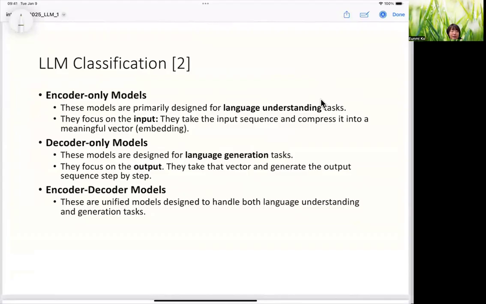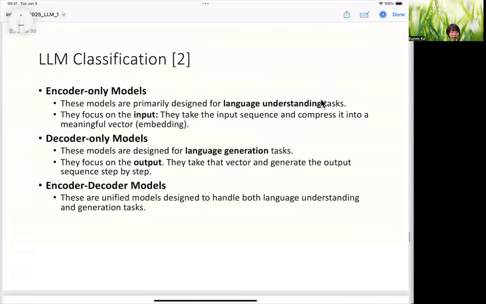The second kind of classification is more technical: encoder-only models, decoder-only models, and encoder-decoder models. I just wanted to share this idea because I want you to understand the differences between chat models. Encoder-only models are primarily designed for language understanding tasks. They focus on the input, so they take the input sequences and compress them into a meaningful vector. Technically, it's called embeddings, but anyway,